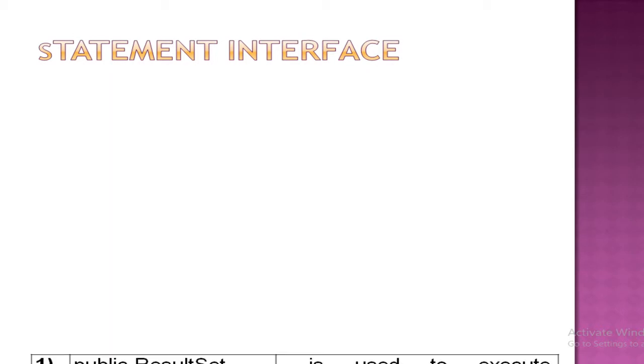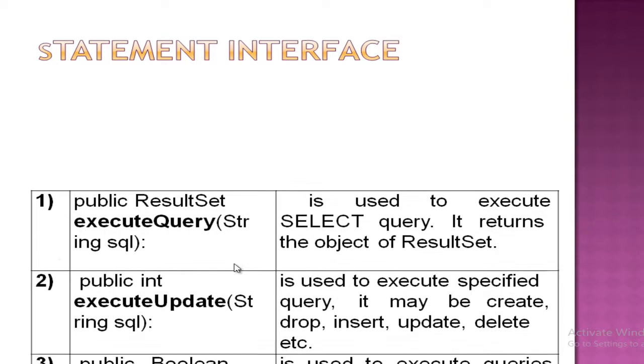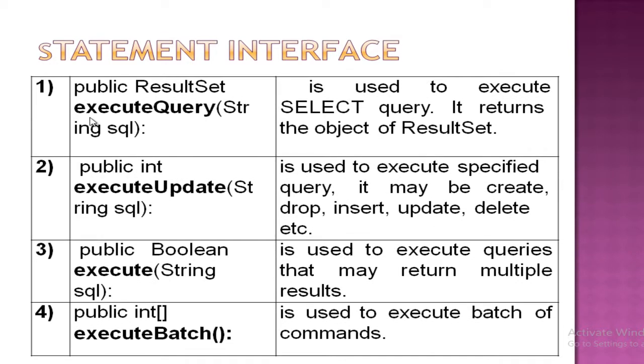Okay, so in the Statement interface, here is the method public ResultSet executeQuery. Suppose you are going to execute a select query, right? So here you can write String SQL, that is your query. It is used to execute the select query. It returns the object of the ResultSet. Next, public int executeUpdate,